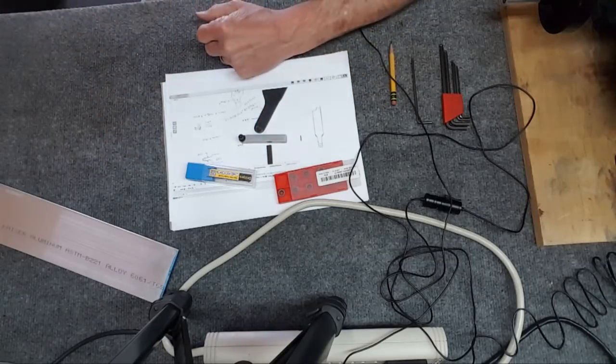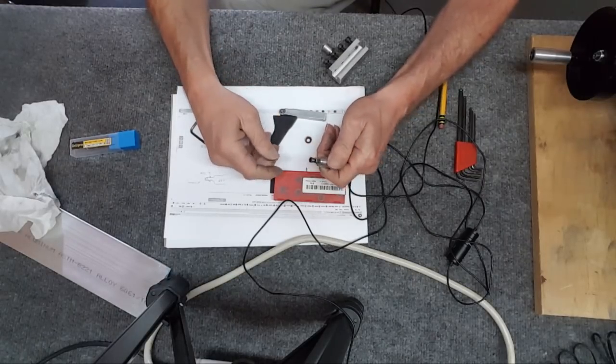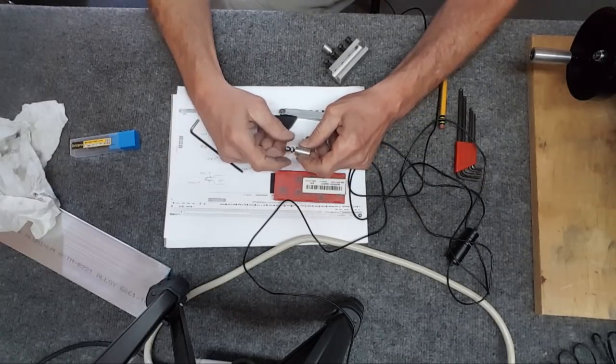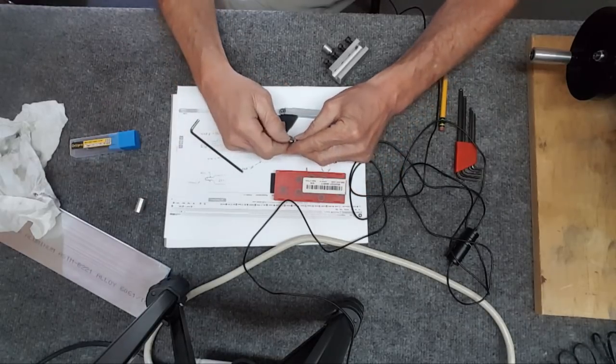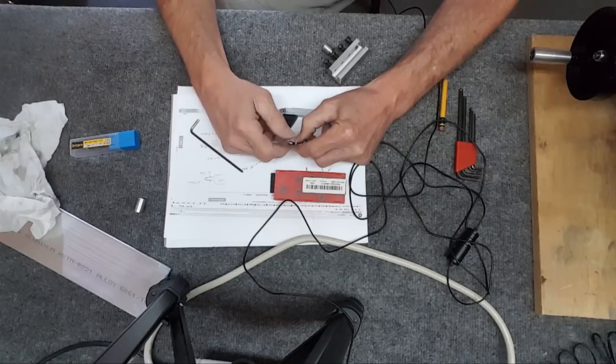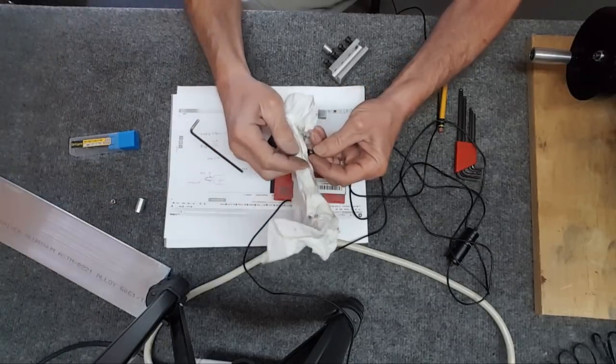I hope it's good. Okay, I got this guy done. This is why I encourage everybody to make a thread protector. Just lock it down in there and angle the compound and go in and funnel it. So it looks pretty good, I think. Just guessed at an angle. I don't know what it was, but